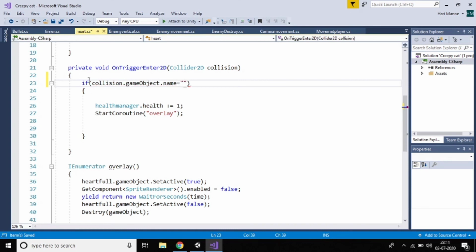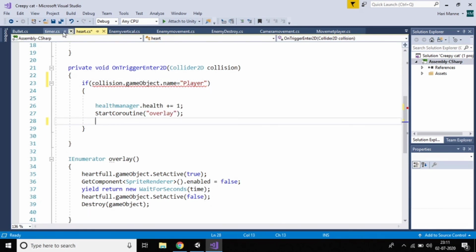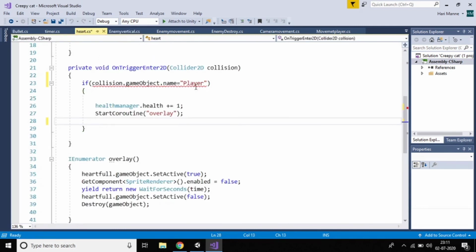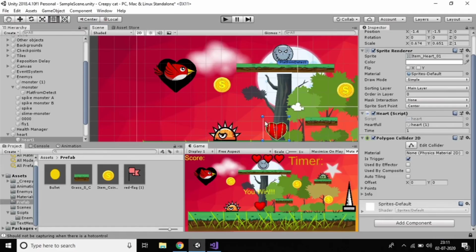If the player touches, then only my tag should increase. I think it's very clear, right? So why was it getting the error? dot name is equal to player. Just go here, where heart, I need to keep another equals sign. You can see, just press Control S and you can check now.